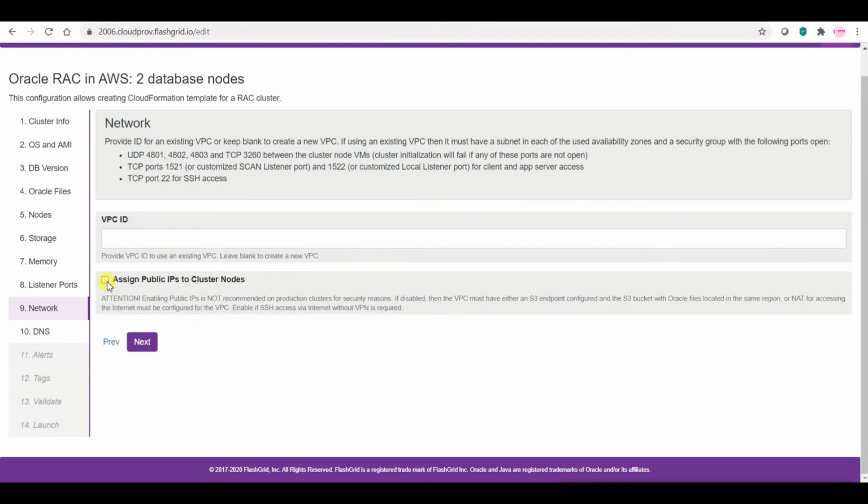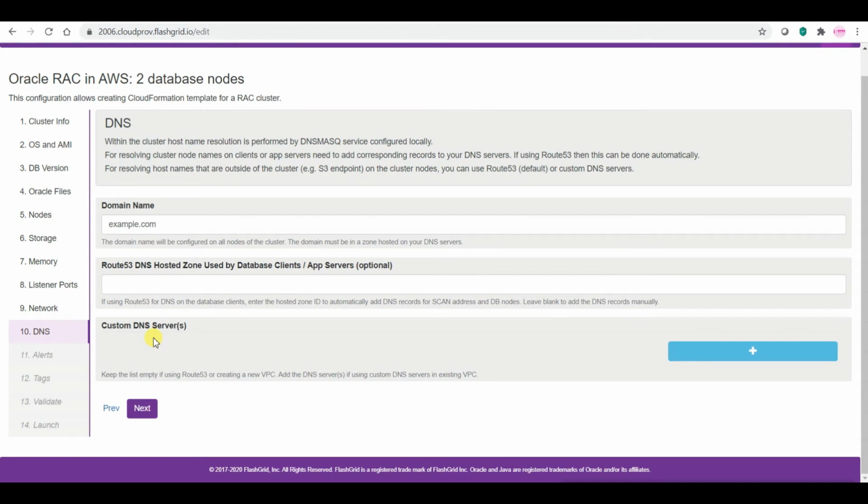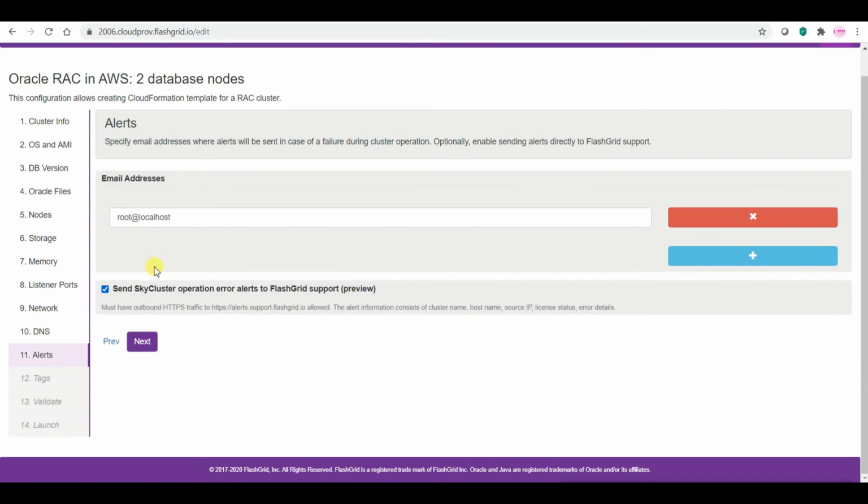One more thing, assign public IPs to cluster nodes. You need to enable this so that we can log into our EC2 instance, our nodes. Let me give the name as infra.com.